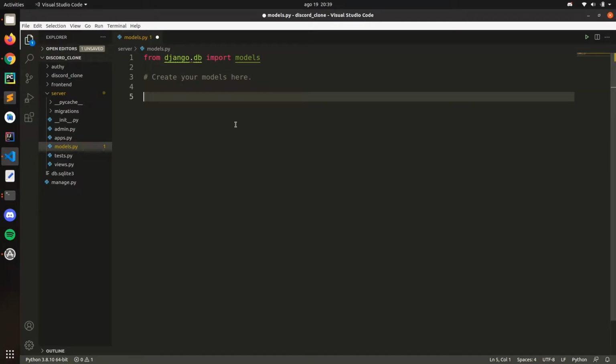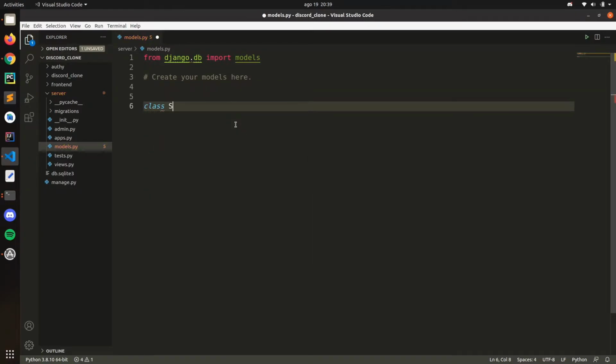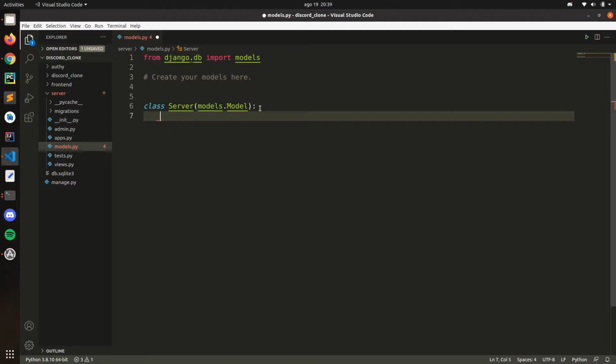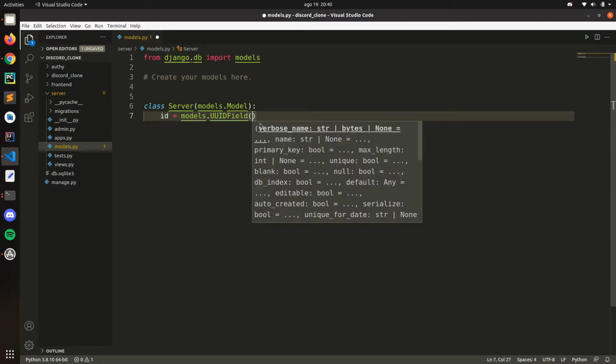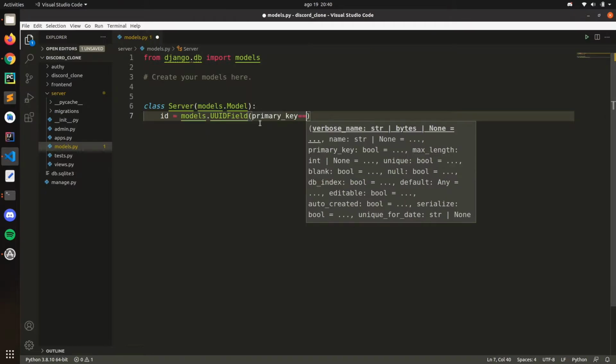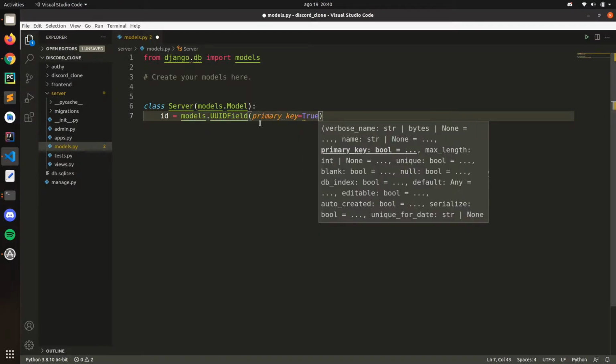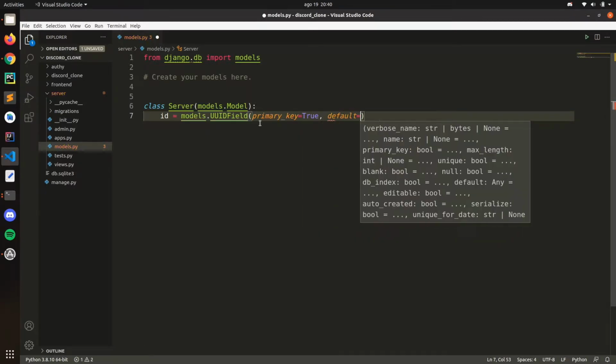Okay, so let's create a new model. Let's call this server. This stands for models. Okay. The first field will be ID, and ID will be models that UUID field, and then primary key will be true. And the default will be